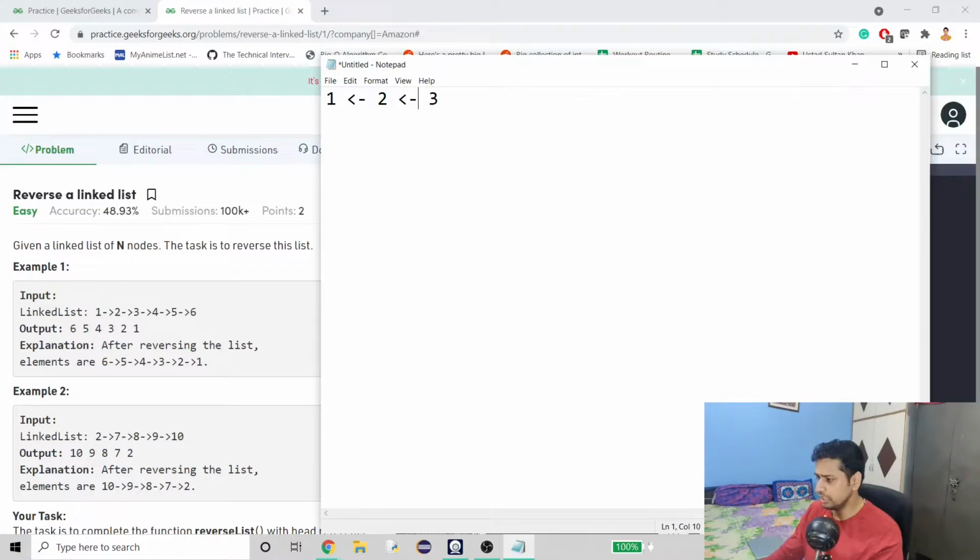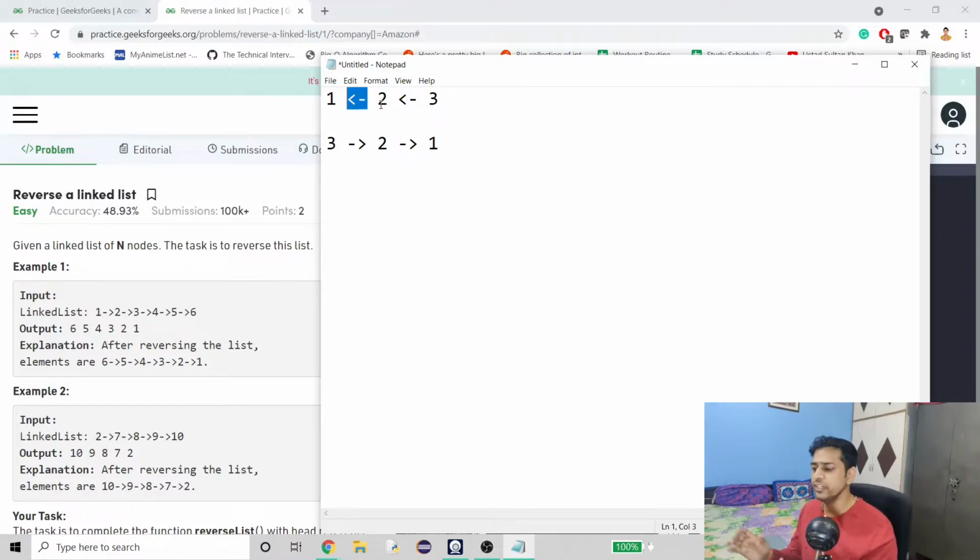Ultimately it is going to be 3, 2 and 1. So that is what we did. We just reversed the order, and that is why it is called reverse a linked list, right?